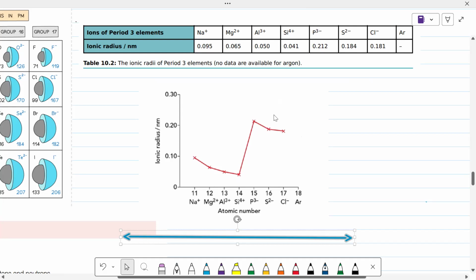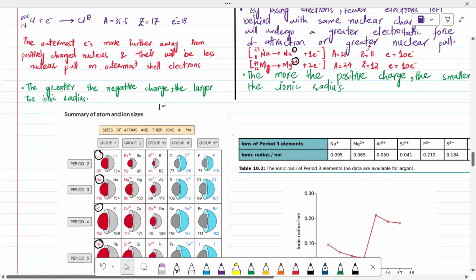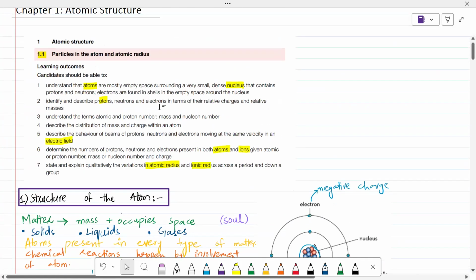Yes, so we are done with the atomic radii and the ionic radii. We are done with section 1.1, and in the next class we will do the isotopes. We have done all these things, the atomic radii, ionic radii. You see, they have mentioned the state and explain